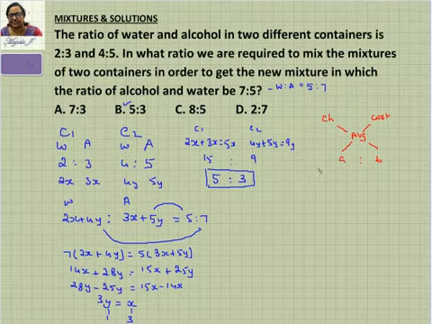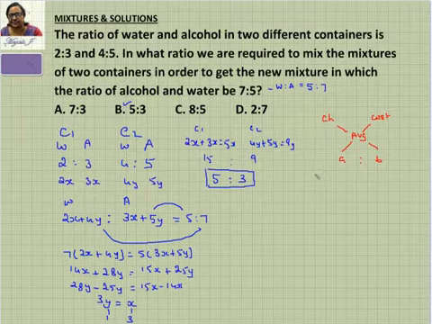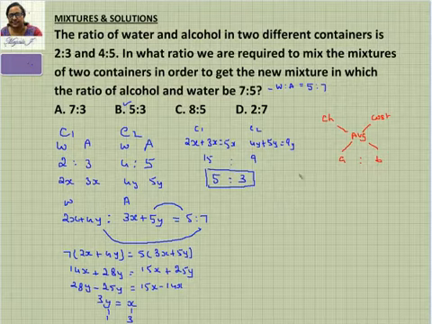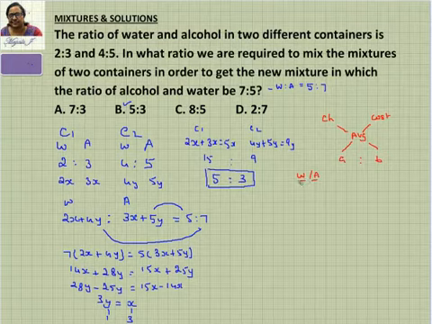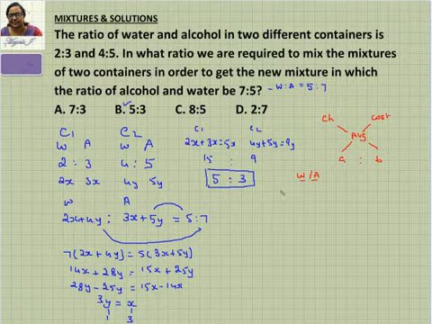So usually we take the ratio, but when the mixtures are given, you have to consider the fraction part. So the fraction part, when you take, you have to consider only one particular variety. Either you have to take only water or you have to take only alcohol. But in either way, whether you take alcohol or water, you are going to get the same answer. There won't be any change in that. So let us consider the alcohol part.